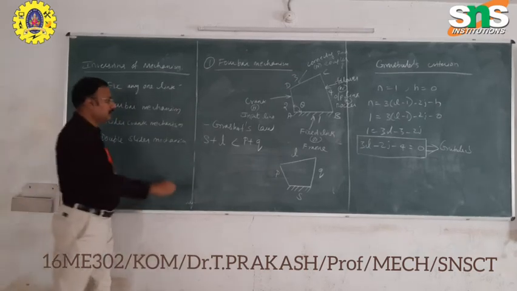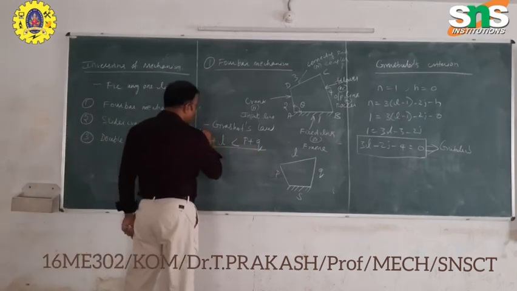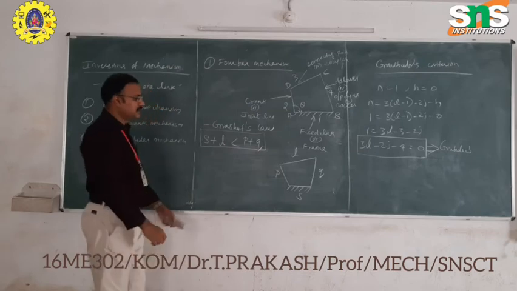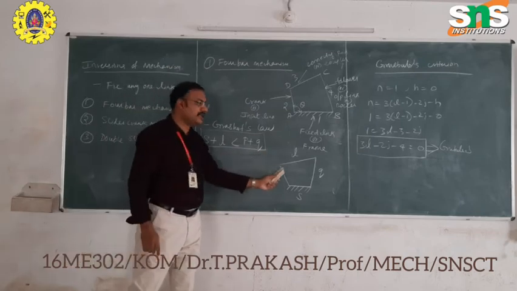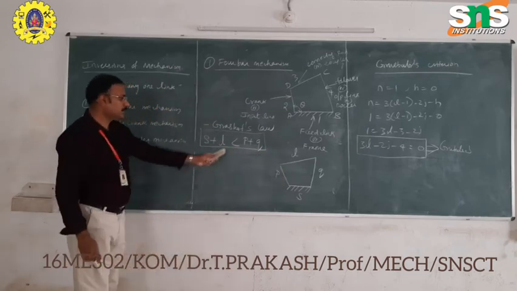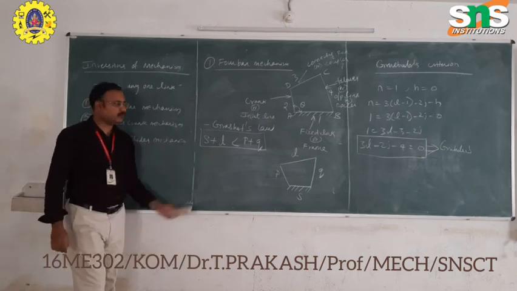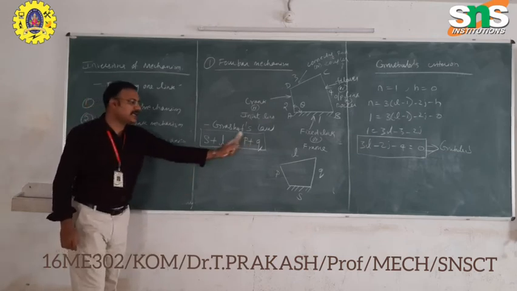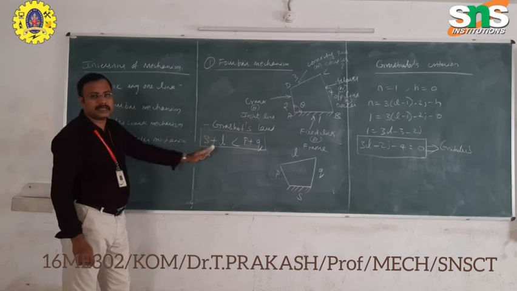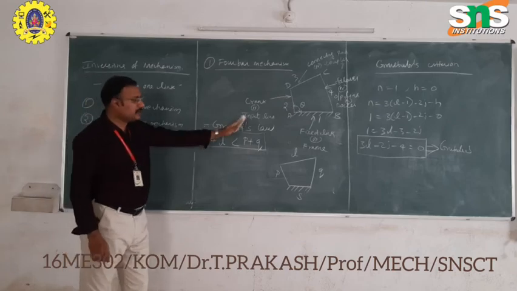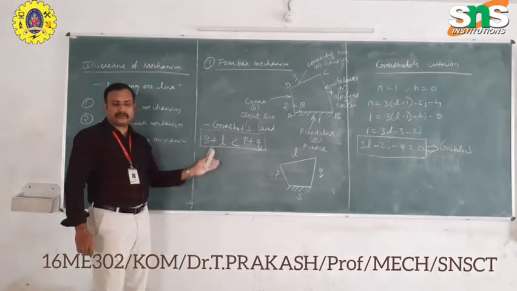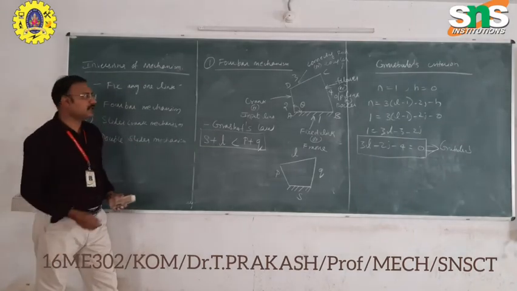This is Grashof's law. Once again I repeat, Grashof's law states that the sum of the shortest and longest link should not be greater than the other two links. It should be lesser than. The shortest link and the longest link should be less than the other two links. Therefore, the mechanism is a possible one. We can convert input to output as useful energy.